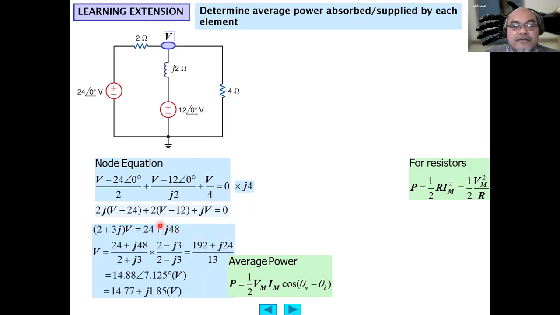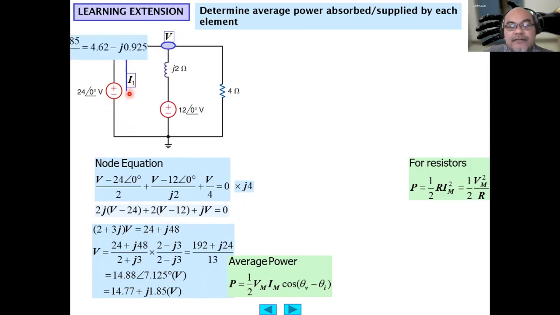From here we simplify further and we obtain the voltage at this node equals 14.88 volt with a phase angle of 7.125 degrees, or in complex format 14.77 plus j1.85 volt. Okay, then